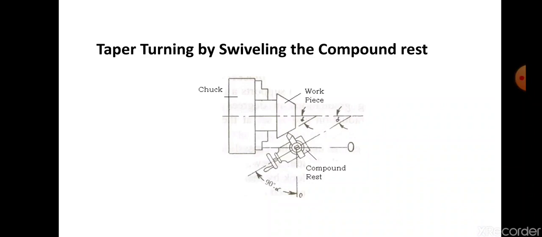The taper angle is generally going to be very small. It can be 1 to 2 degrees, 2 to 3 degrees at the max, right? So usually we have a taper of 2 degrees or so. It will not be 25 degrees or 30 degrees of taper. It's a very small angle. So we will swivel the compound rest. Swivelling means turning. So turn the compound rest to that particular angle. When you turn it to that angle, we cannot move the carriage assembly, we have to only move the compound slide.